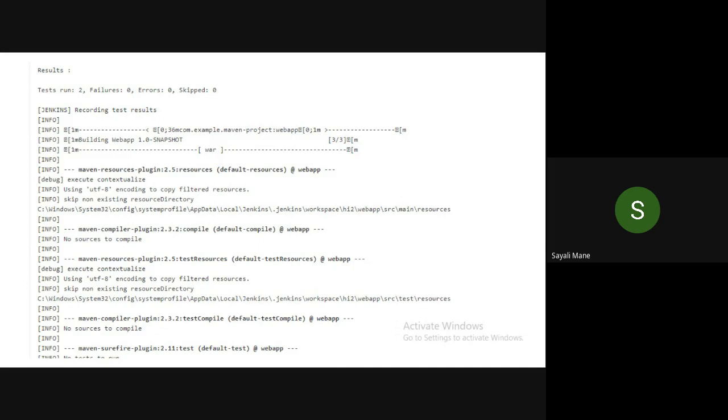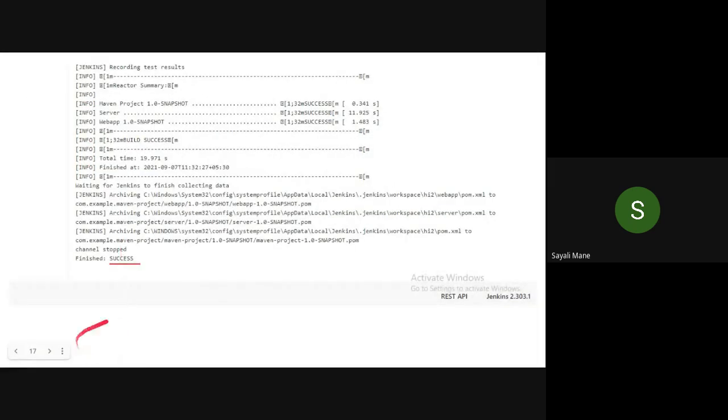Yes, okay. So it means that two test cases were there in the pom.xml file, and please take a screenshot of this. Take a screenshot of test run 2 and then finished success. This one.